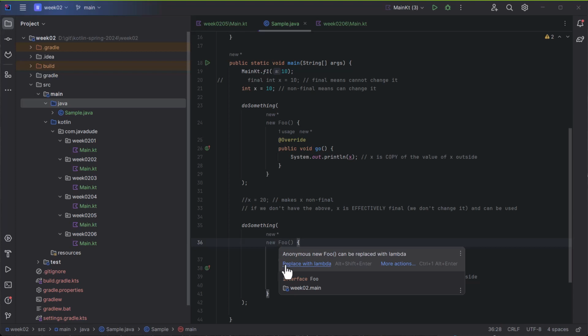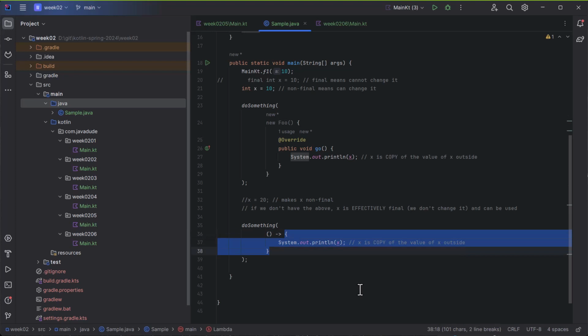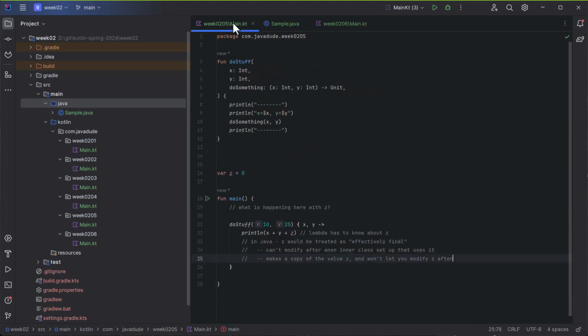So I'm going to say replace with lambda, and boom. We get the Java version of a lambda here, which is the parameters being passed in, and then what to do with those parameters. So we'll see in this particular case, it's fairly similar to what we wrote inside Kotlin, but it's still doing the same thing. X is, again, a copy of things, even though we're using a lambda. Now, if we go back over to our Kotlin version over here,